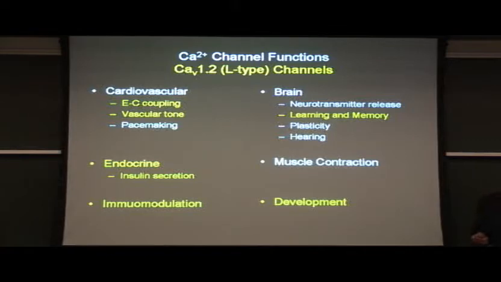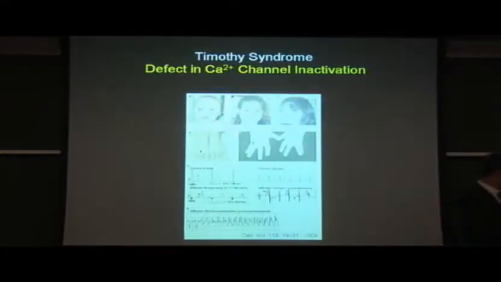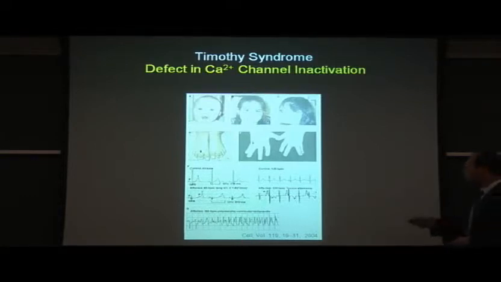Focusing specifically on L-type calcium channels, the CaV1.2, you see that they're expressed in a variety of tissues, very widely expressed, and have a wide variety of functions. And we know about this because of the recent identification of Timothy syndrome, which is a single point mutation defect in one domain, and there's two different mutations that have now been described. And these poor patients have a variety of defects, including effects of development. They have abnormal facies, they have syndactyly, they have long QT syndrome, they have problems with insulin secretion, they have problems with their immune system.